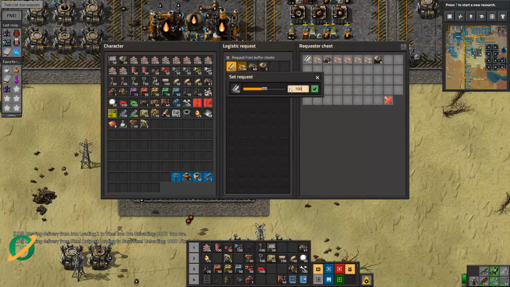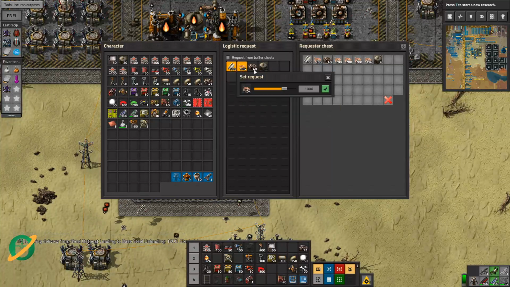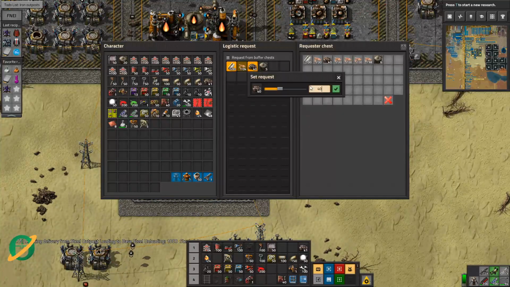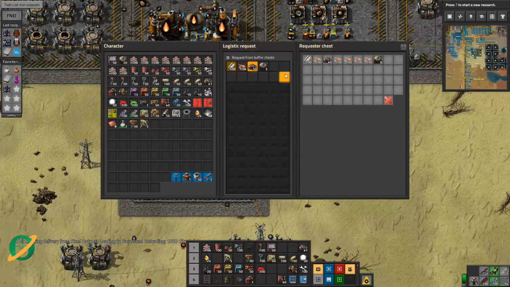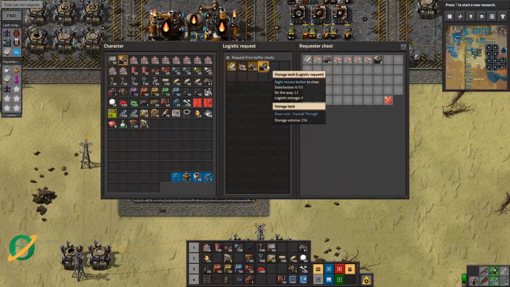And extra steel. Yeah, we definitely need some extra steel. Let's go 500 steel. Definitely don't want any more of that. Might as well make that a full stack. And we'll make this a full stack as well because I feel like we actually need these for one of the